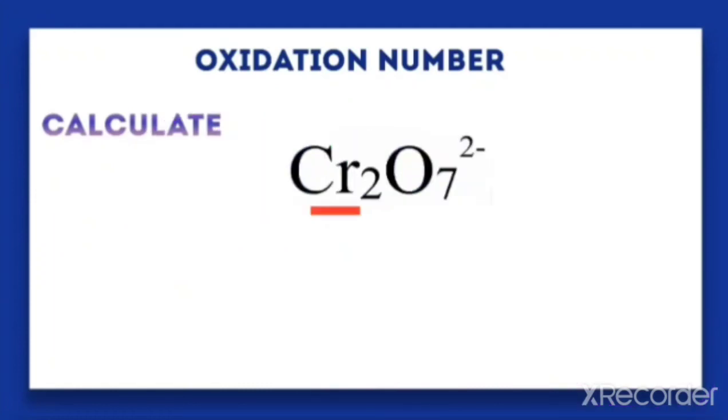When we take an example of a dichromate ion, that is Cr2O7 with a negative charge, here we need to find out the oxidation state of Cr, which we have taken as x. And what is the oxidation state of oxygen? That is -2. So how do we find it? That is 2 into x, because there are two